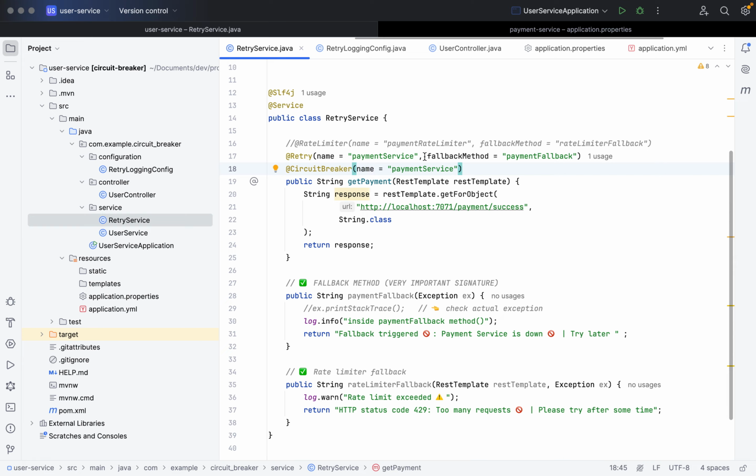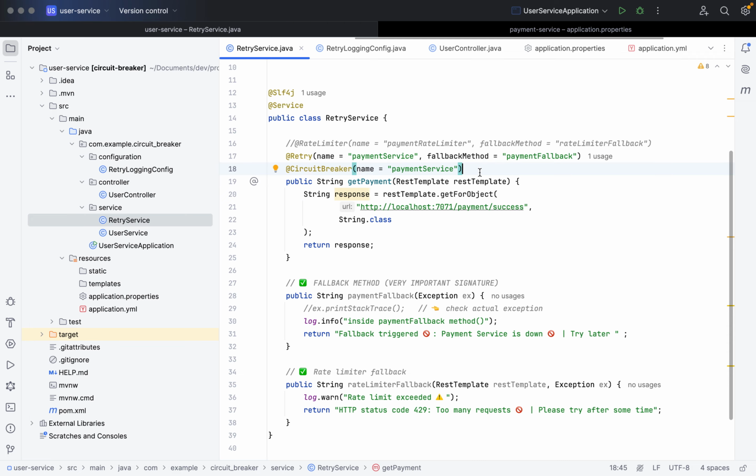Okay, so there are different cases. Like if the fallback method is written at circuit breaker level, with this annotation of circuit breaker, then what will happen, how is fallback called, and would retry get triggered or not? And what would happen if it is a normal scenario where we have written it with retry? Where should we write the fallback method, with retry or circuit breaker, what is the standard practice? We are going to understand that.